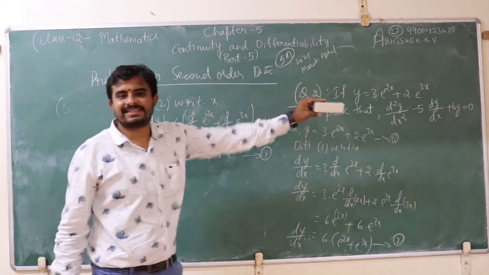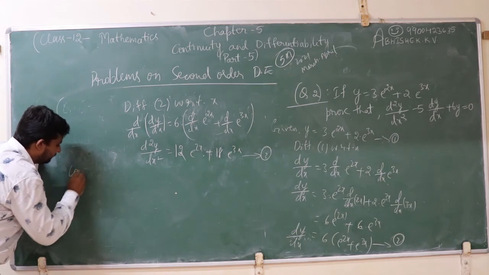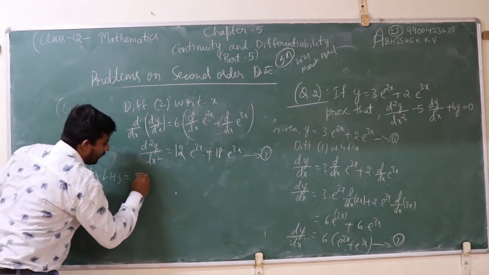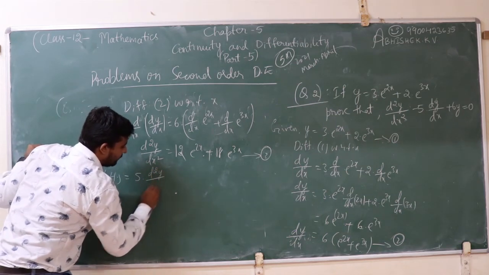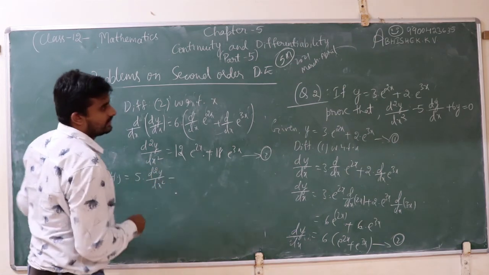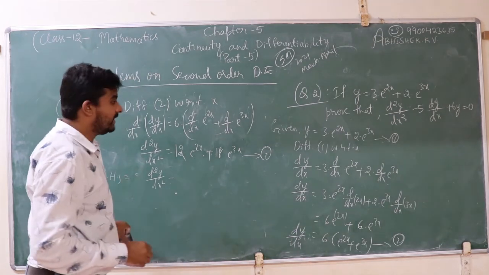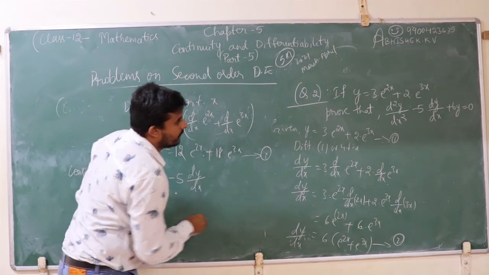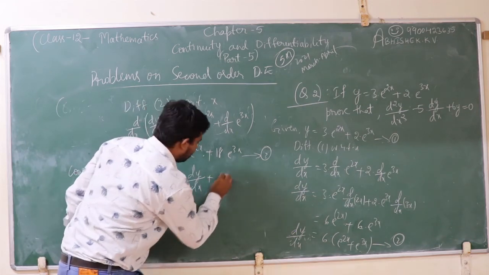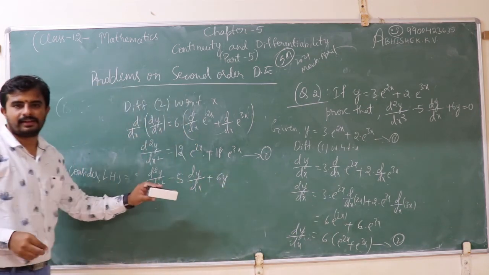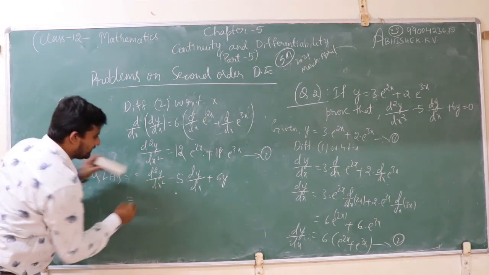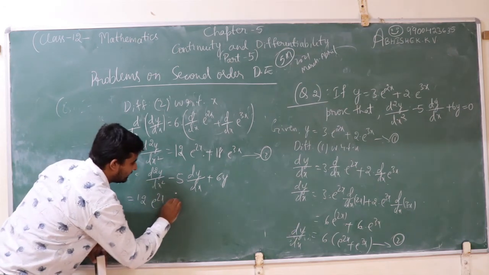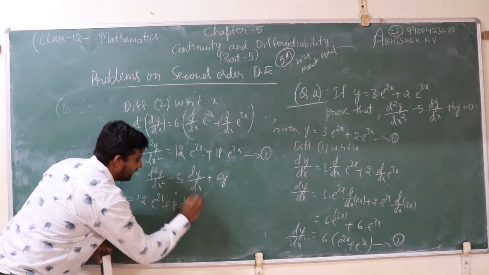Now consider the LHS part. What is the LHS? 5 into d square y by dx square minus 6 into dy by dx plus 6y. This is the LHS part. See, what is d square y by dx square? It is 12 into e to the power of 2x plus 18 into e to the power of 3x, minus